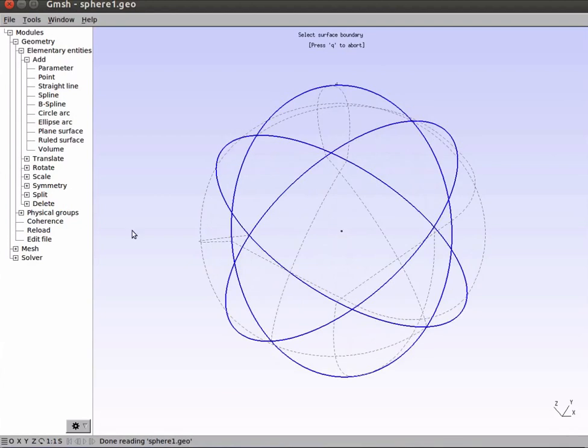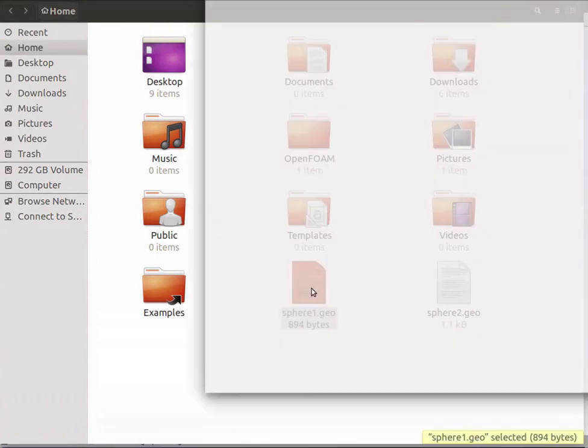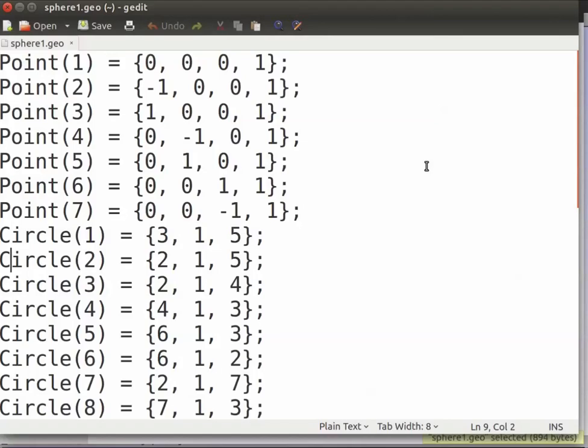Now go to the Home folder. Locate and open the file sphere1.geo using the gedit text editor. Information related to the geometrical entities that we just created are stored here. In Gmesh, the general syntax is geometrical entity identification number inside the parentheses which equals to an expression.